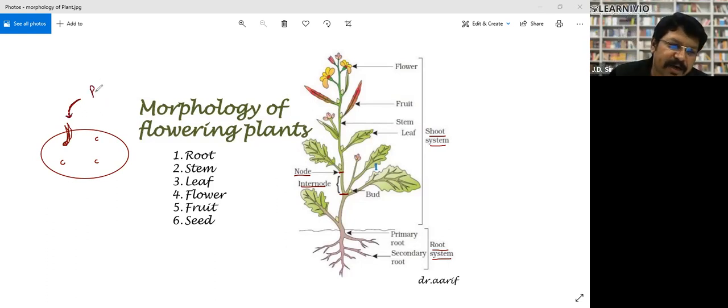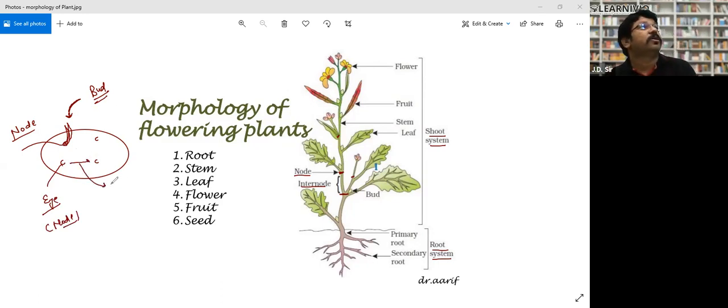Actually, the bud comes out. These shoot buds like leaves, these leaves, these flowers, and these floral buds, they come out from the node only. Look, node. So these structures are called eyes, and eyes are actually nodes. Between these two nodes, there is a structure which is called internode. So it has node and internode. Give me just 1 second.